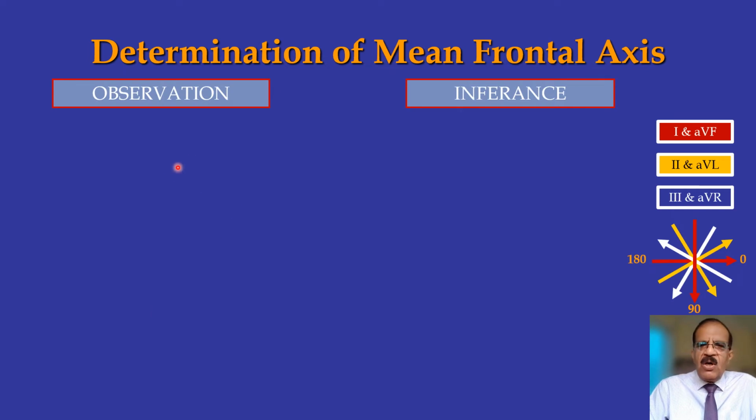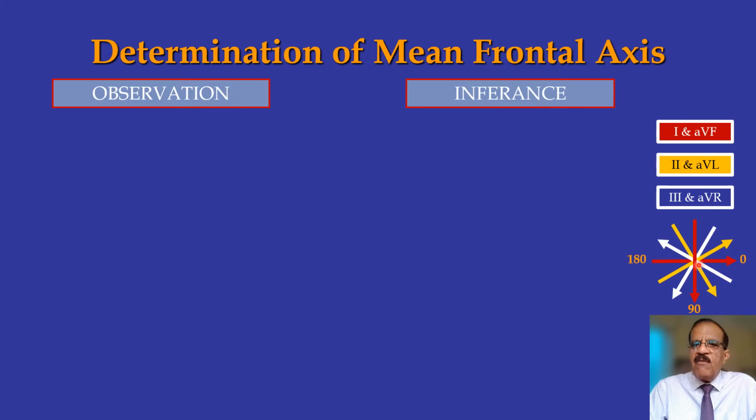Now, this is the principle on the background of what we have discussed. These are the 3 pairs: 1 and AVF, 2 and AVL, 3 and AVR. And this is that lead system. One pair is lead 1 and AVF, coded red. The other pair is orange or yellow. This is lead 2 and AVL. And the third one is white. This is limb lead 3 and